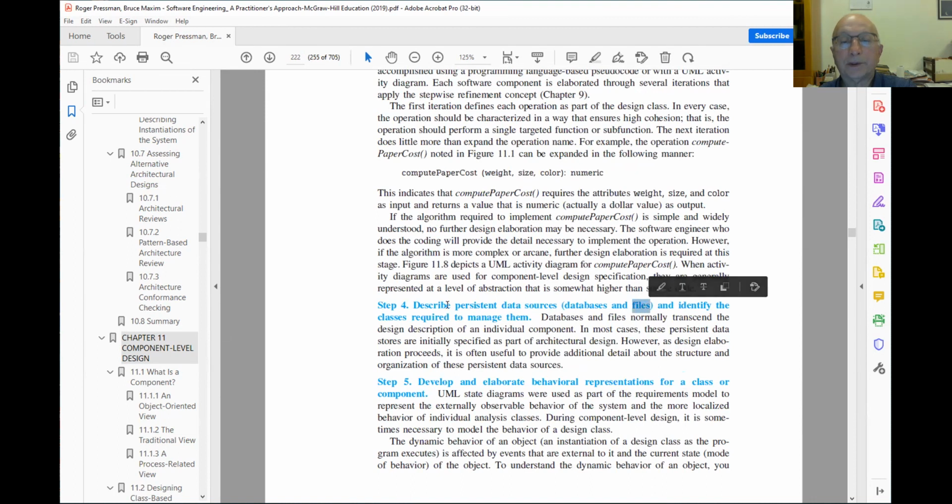I mean, they are persistent data. They live on after your application stops. And identify the classes to manage them. So you worry about the data management aspects. Develop and elaborate behavioral representations for a class or component. If necessary, you may draw